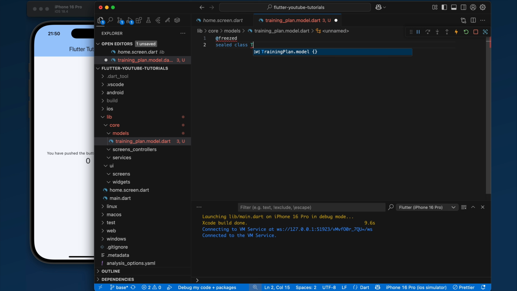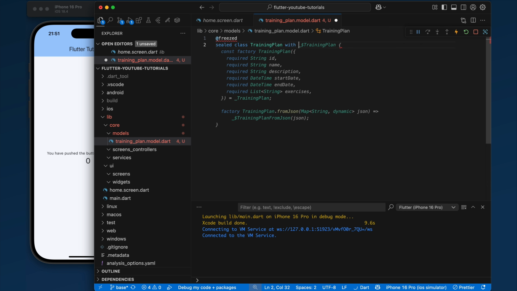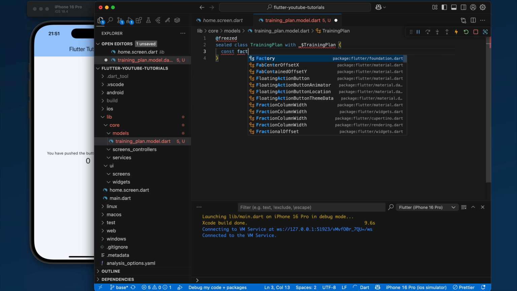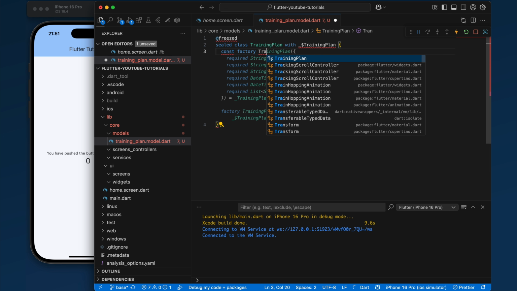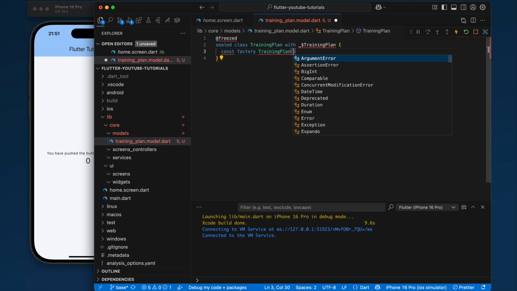The AI is helping me out here, but I'm gonna type it out. Training plan with underscore dollar training plan. I'm not gonna use AI. Const factory training plan is going to be